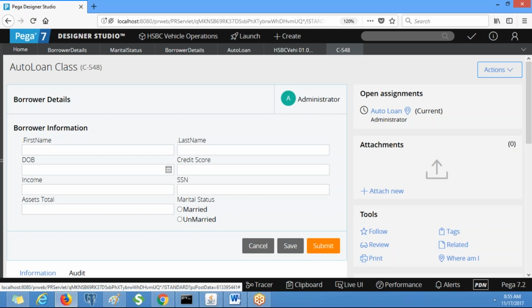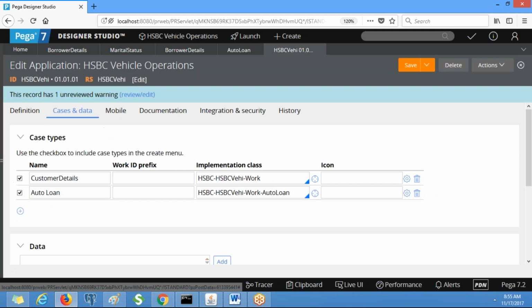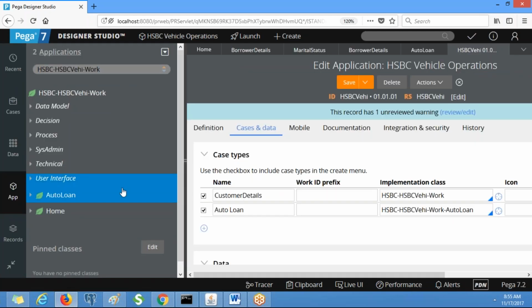So we need to change it based on the work type, so that by looking at the work object we know it is related to auto loan. Instead of C dash, we need to give something like A dash or AL dash for auto loan. We will do that in the next class.